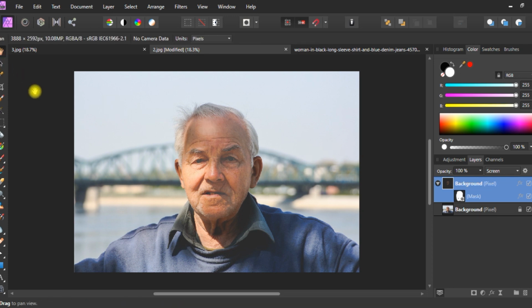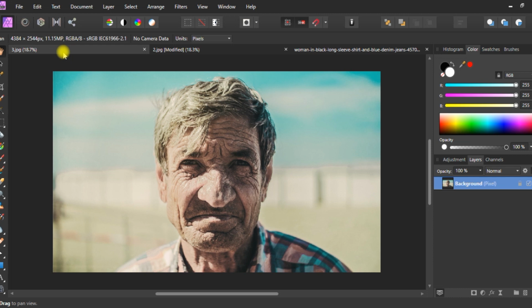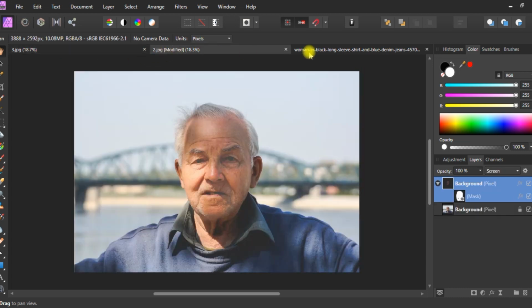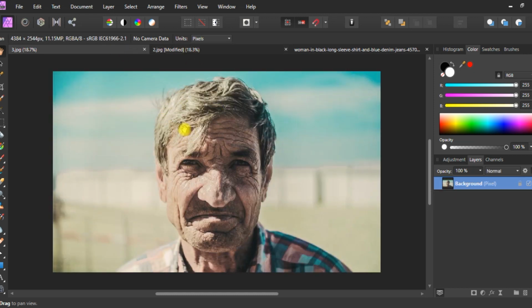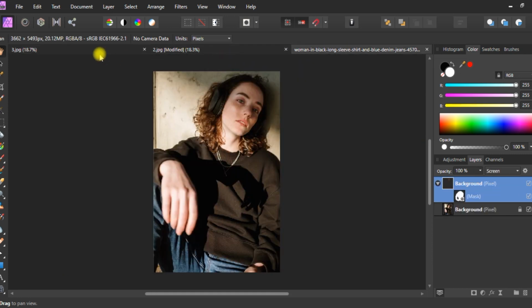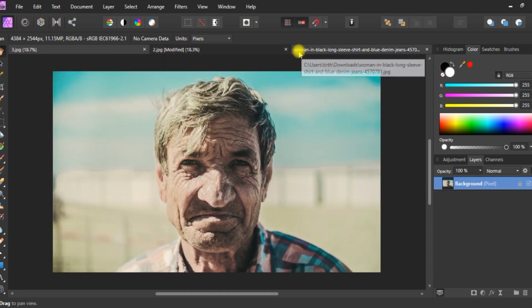So that's the tutorial for image number 2, and now we are going to look at image number 3. You can see that in these three images there is a difference in this one. There is a little bit of visible color in the background, compared to the other first two.